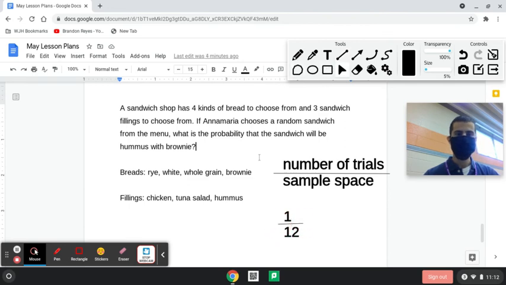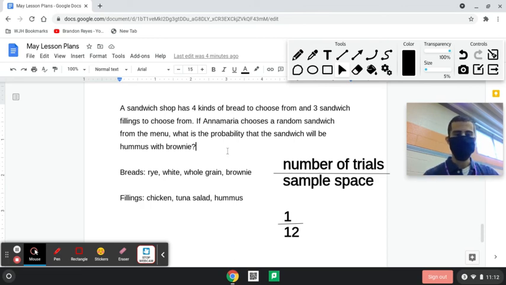Now, if she were making two sandwiches and we were asking the probability that at least one of them is hummus with brownie, then we'd have to say 2 over 12, and we'd have to simplify it to 1 over 6. But she's only making one sandwich, and we want to know the probability that that sandwich is this exact